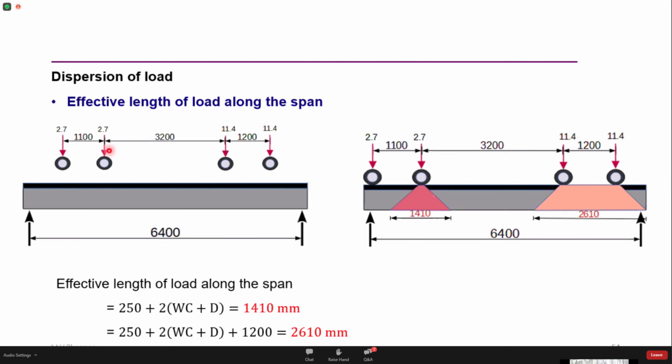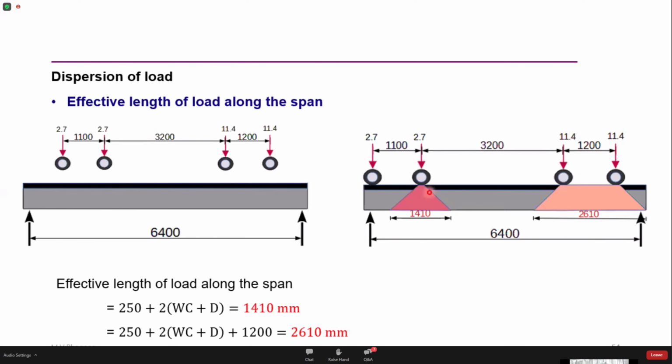Now the next question is where this live load should be placed. It can occupy any position on this deck slab. The live load would be placed in such a way that the dispersion produced by the applied loads is accommodated within the deck slab and the edge of the dispersion is as close to the support as possible. This can be one possible configuration. I just simplified things here. These two live loads can be placed here. This is the dispersion that is produced because of these two axle loads.